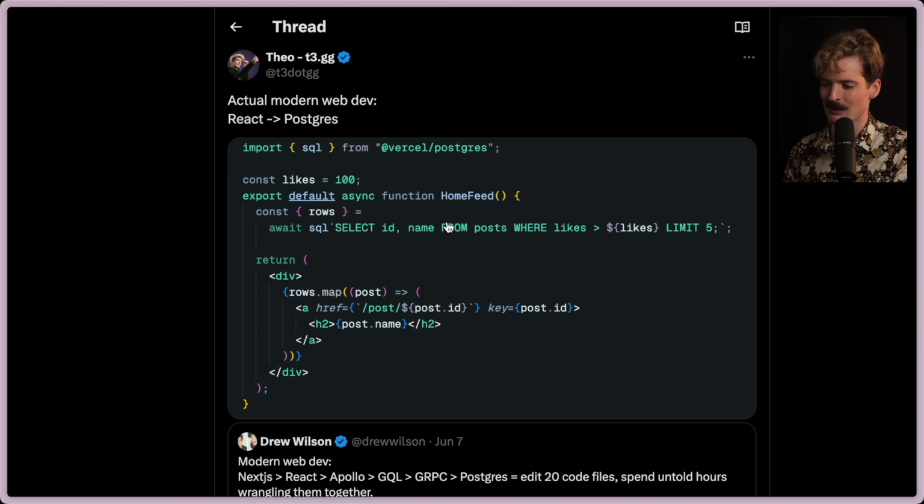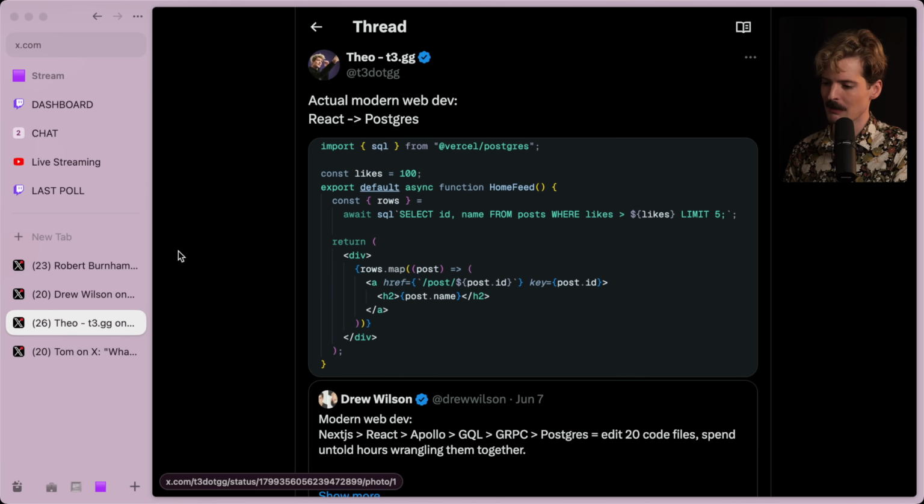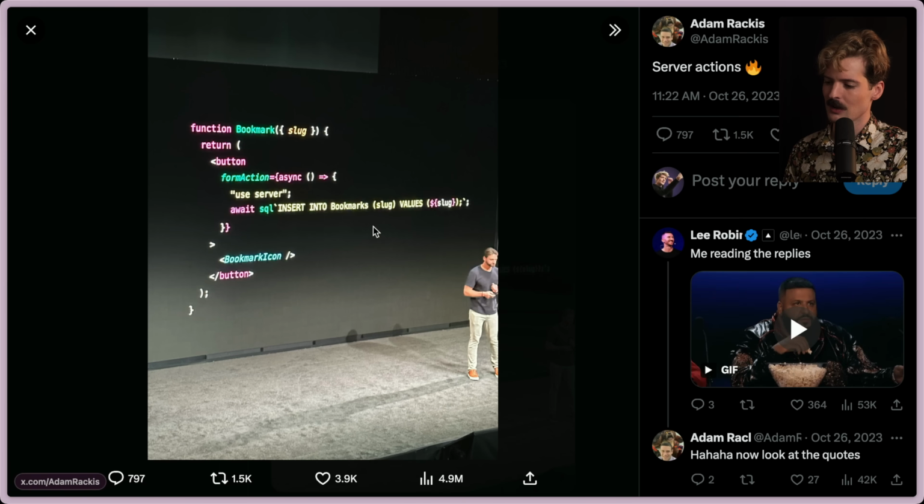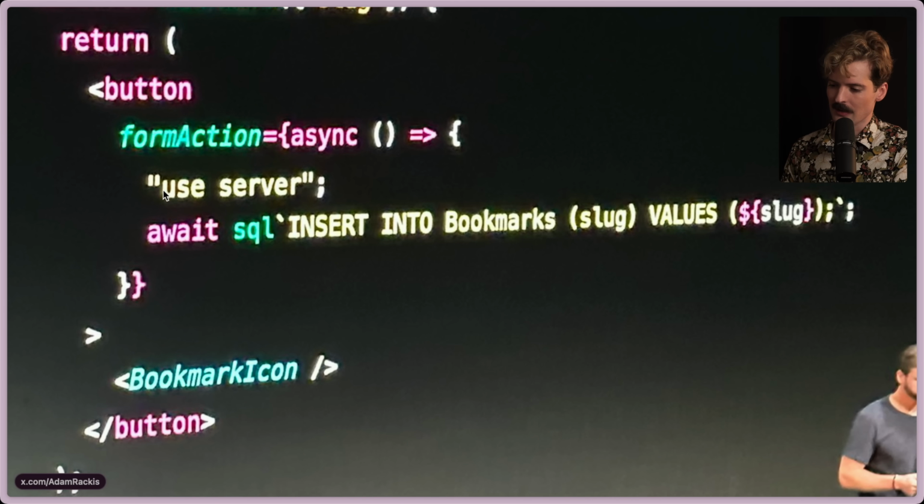So I need to talk about all of this and also give some spicy takes around it because people are probably still very confused when they see this. The first thing we need to talk about is the keyword here, use server. What use server does here isn't make this a server component. And I've said this a bunch of times. I think I have to keep emphasizing it though, sadly enough. Use server is not for server components. Use server is for a very specific thing.